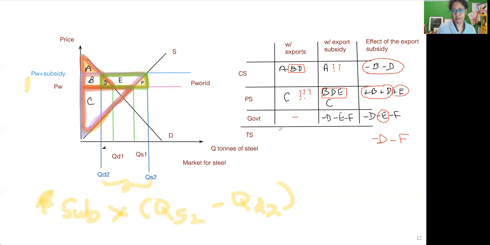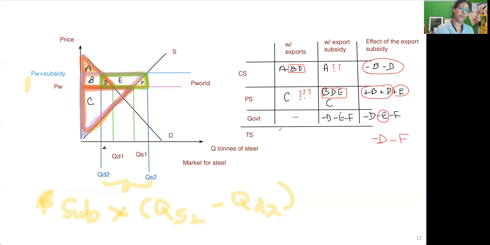And so what's the value? The value up to QD1, and this is without the subsidy, the value of it to the economy is everything below the demand curve up to QD1,